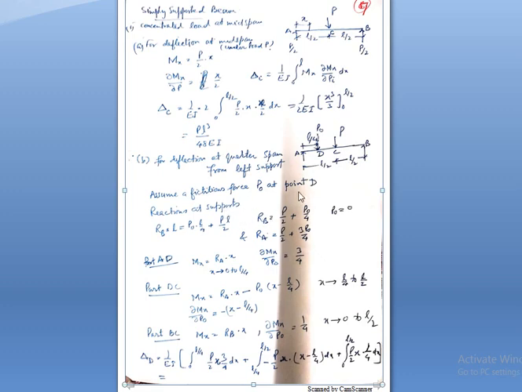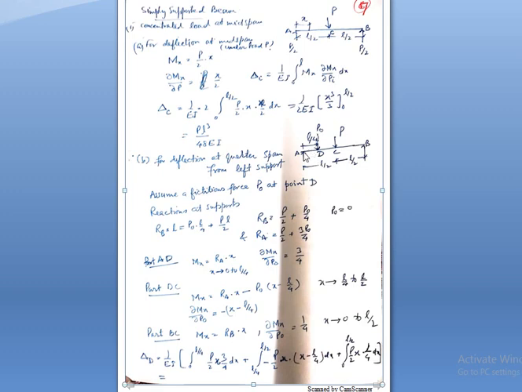Now, everything, such as the reactions, we have to find in terms of this P_O also, because we have applied it. Its value is 0, but its effect will be there until integration, and at a suitable point we will put the value of P_O as 0 because it is a fictitious, virtual force. After applying this, we find the value of the reactions at A and B. R_B will be P by 2 plus P_O by 4, and R_A will be equal to P by 2 plus 3P_O by 4.